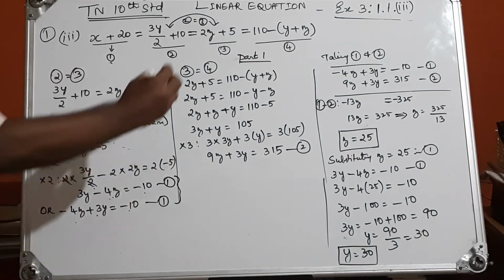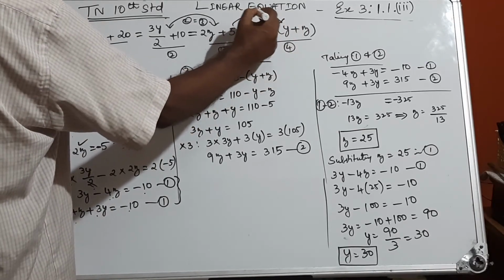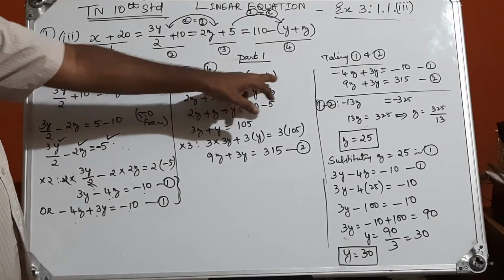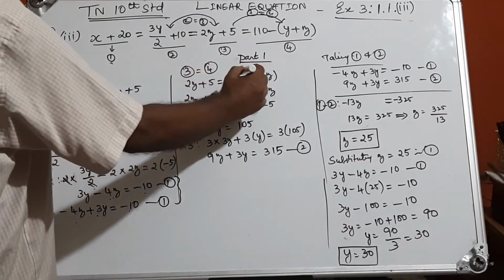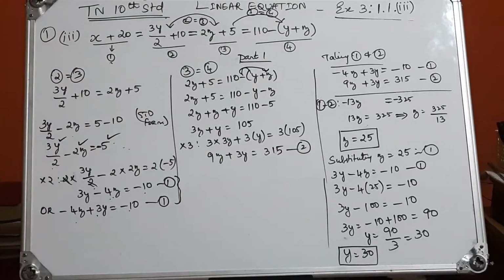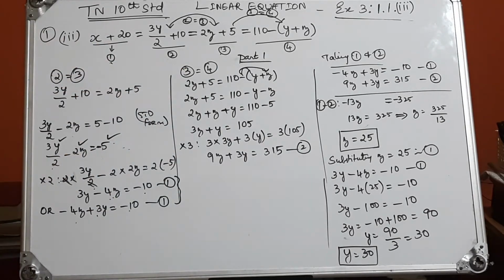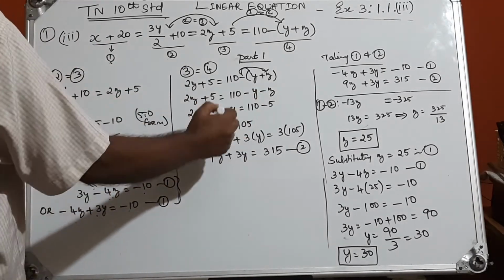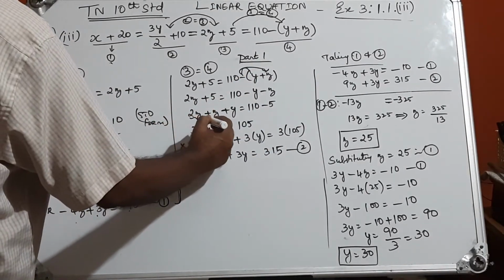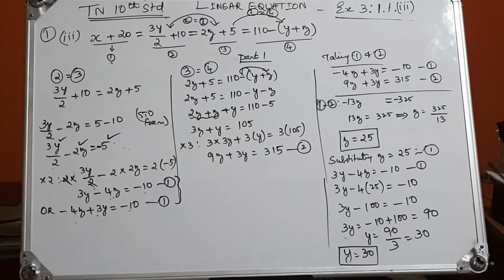Now next what you do is, you put equation 3 equal to equation 4. Now write 2z plus 5 equal to 110 minus y plus z. First you remove this minus into y and minus into z. You have to remove both. So you get 110 minus y minus z. So bring all unknown letters to one side. 2z, join the z with z plus y equal to 110 minus 5. 2z plus z is nothing but, you get what? 3z plus y equal to 105.